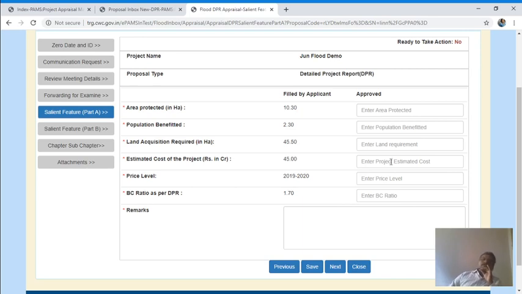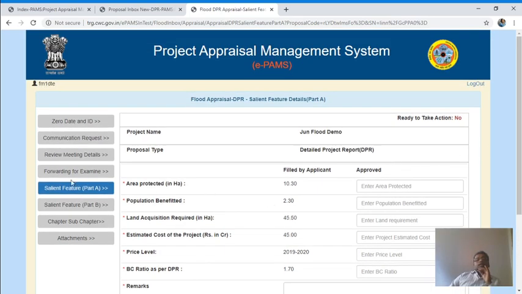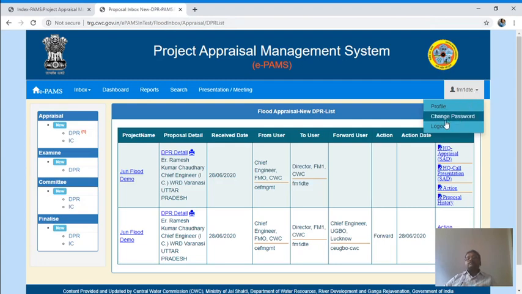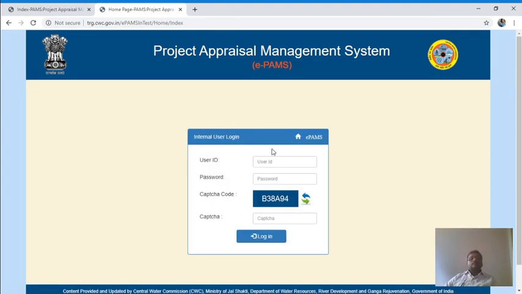Before that we will see that it has been marked to hydrology, how the hydrology person will work or examine. Log out, just log out, control P.